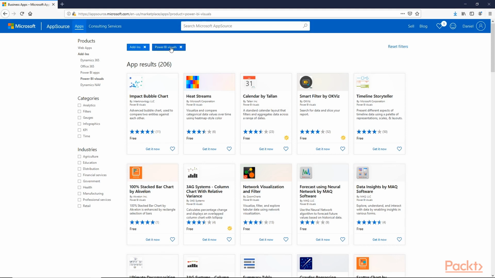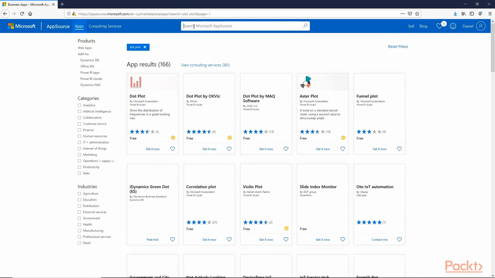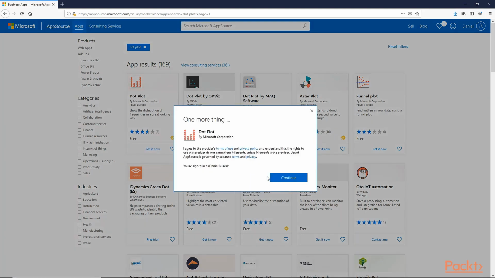We're going to grab a custom visualization called dot plot. Because dot plot is very simple, we'll be able to focus on the downloading and installation process without concerning ourselves too much about the details of how it's used. So here is dot plot. It's by Microsoft itself. I'll click on Get It Now,